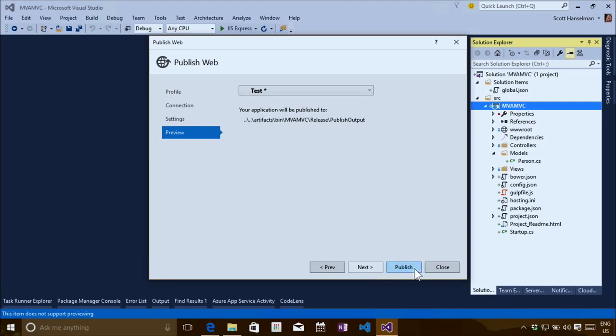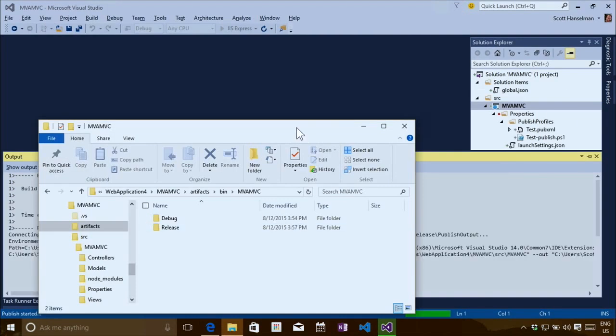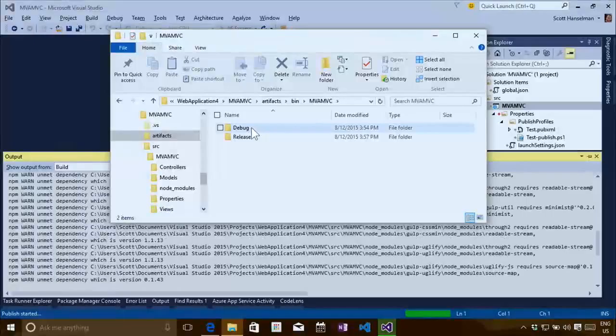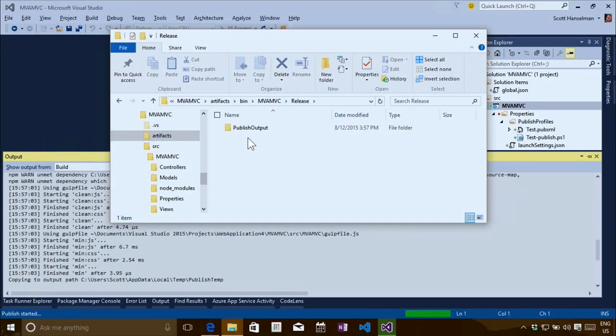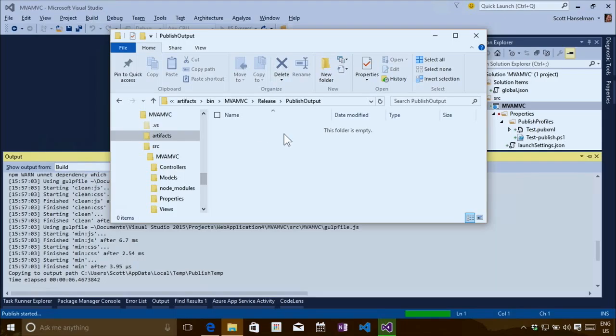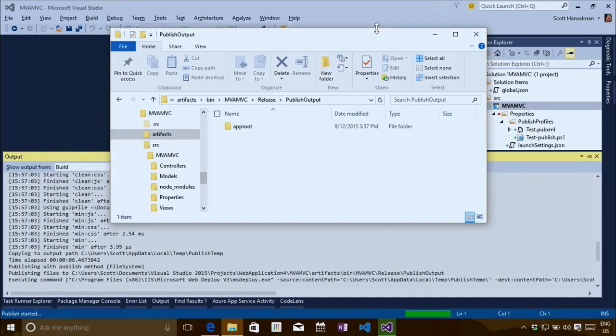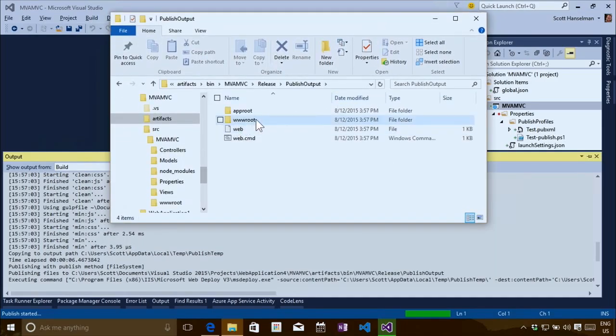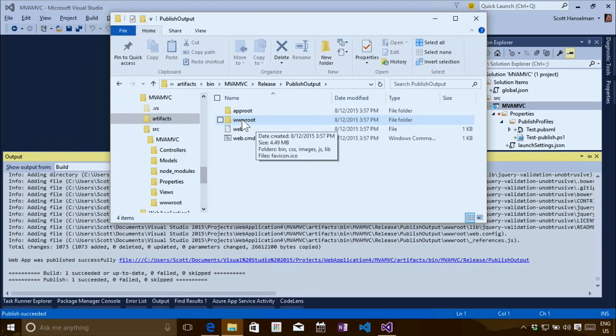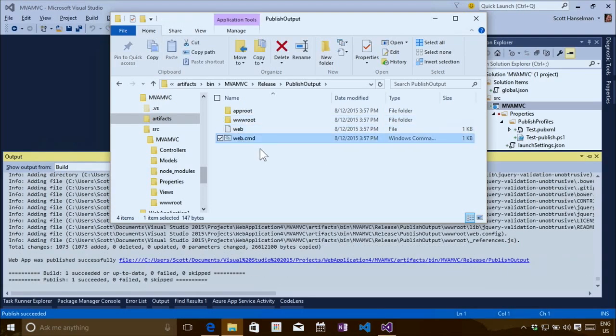There'll be a moment. I'm going to switch out here. You'll notice the release folder just showed up. Publish output showed up. And now we're going to start seeing things roll into this folder. There's the root of our application. There's the www root. Here's a little kind of a batch file, a little command script we could use to